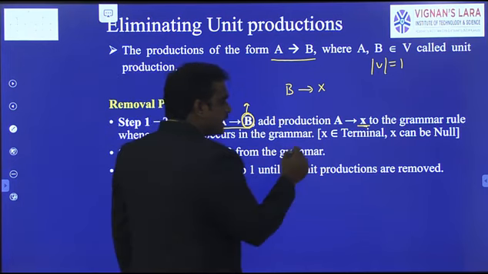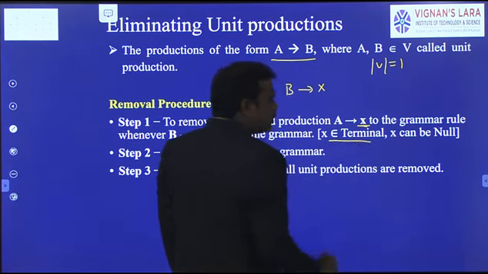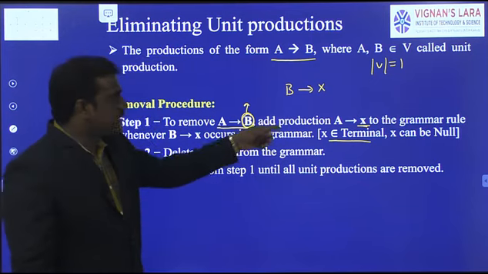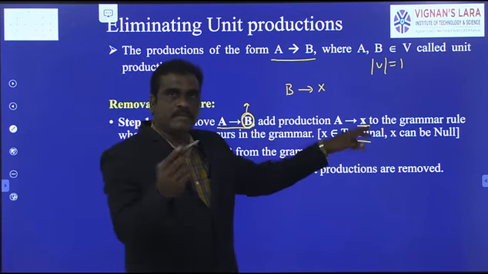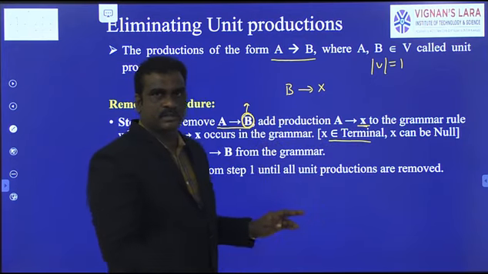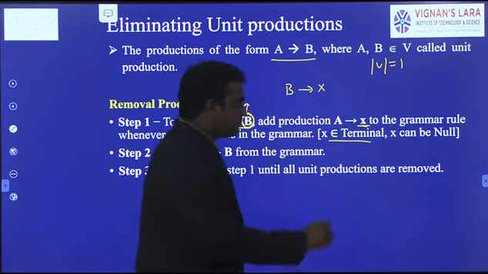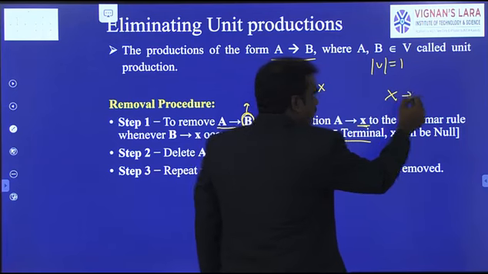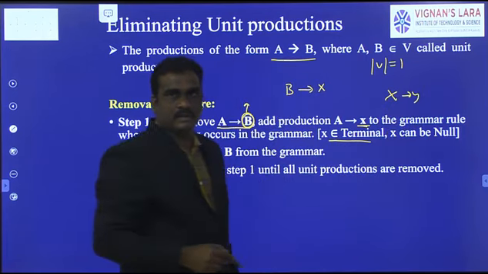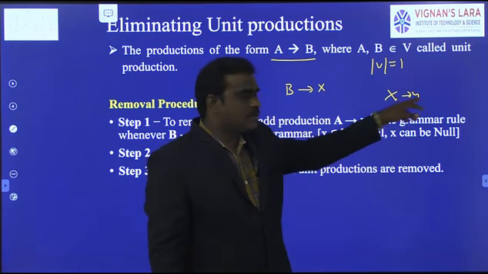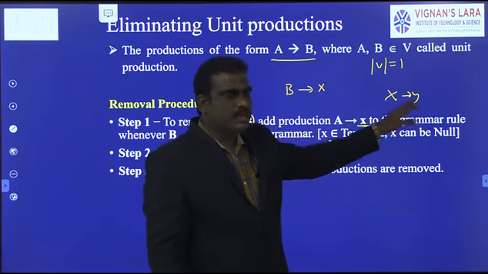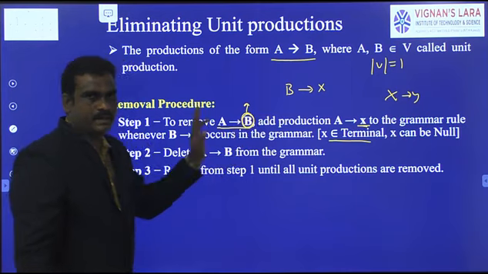Here in this case X should be a terminal, so X belongs to terminal. Suppose X is a non-terminal, then we repeat the same process. If X is a non-terminal, say X to Y, each and every non-terminal has some production. So X is replaced with Y. Like that this process will be repeated.